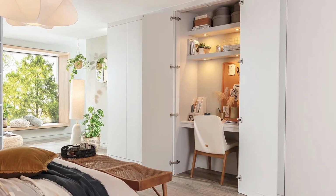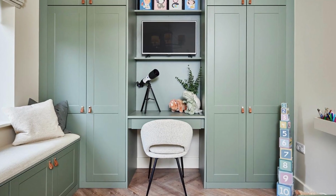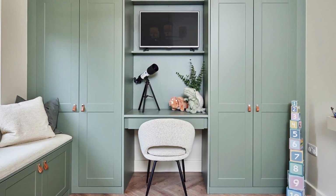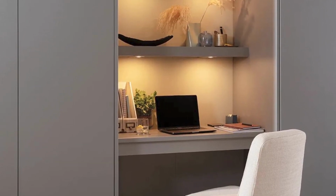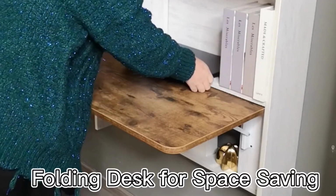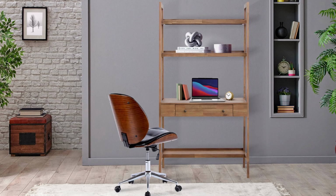Perhaps you don't have a small room to spare for your desk setup, so you have to put it somewhere else. A lot of people have popularized the idea of having a closet desk setup, which is a really fun and clever way to make the most of your space. Of course, this idea requires you to have an extra closet that you're not using for anything else, but there are also other ways to be creative when it comes to this, like having a tabletop that folds up against the wall, which you can use for a portable setup with a laptop, or putting something like a ladder shelf desk in your living room. Really, the possibilities here are endless, so just think outside the box, put on your best mad scientist glasses, and